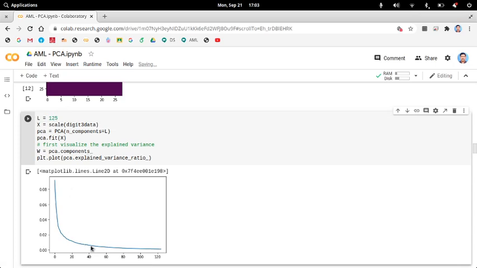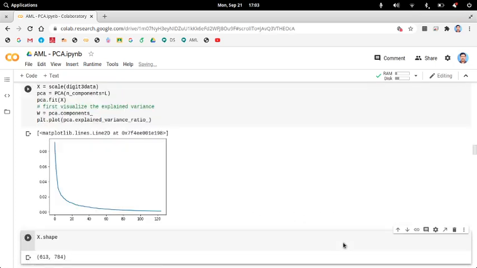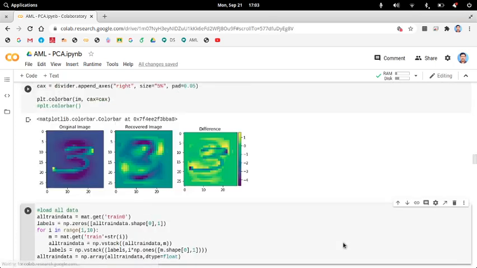So at this stage you see that somewhere around 50, with 50 components, and with 100 components, it is capturing almost a similar amount of error. That means that instead of 784 components, or 784 dimensionality, the number of components can be reduced to this much, so that you can have a better, truer representation. So this plot explains the variance ratio.